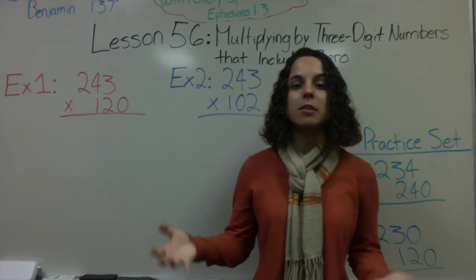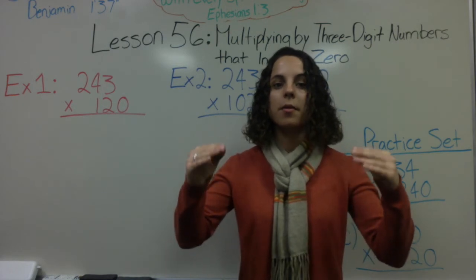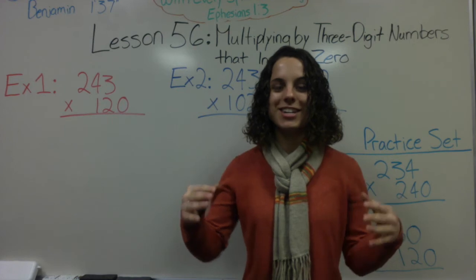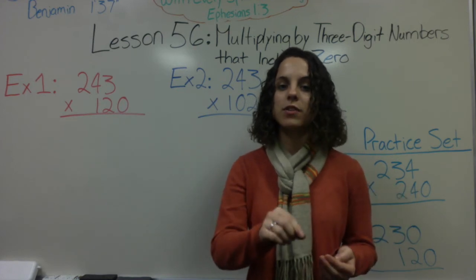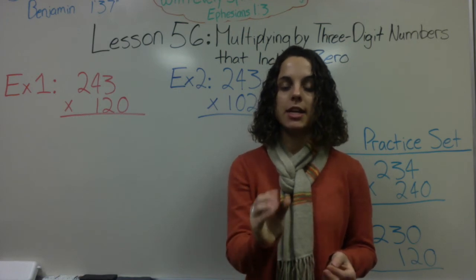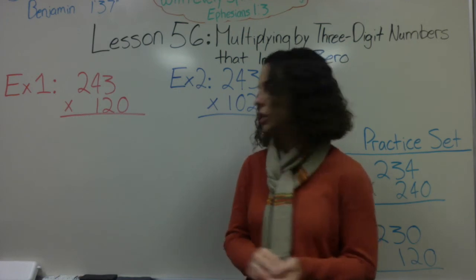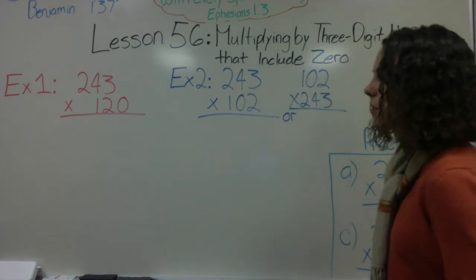However, if this becomes a little confusing for you, just stick with what we know for multiplying by three-digit numbers and just include a whole row of zeros, because it can get confusing as to what place value we're multiplying and how many zeros I need in each row to get the correct answer. All right, so we're going to go ahead and start with example 1,